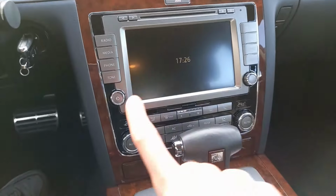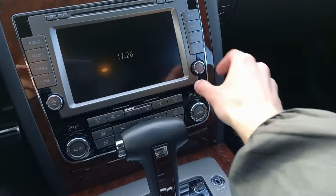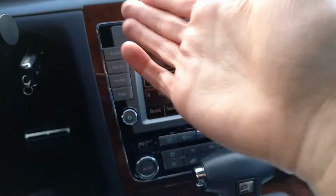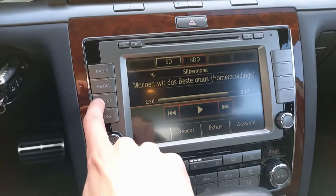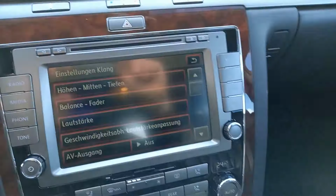Now we come to the infotainment system. This right here is the power button for it, which also doubles as the volume knob for the radio. You have the tuning knob right here. You go ahead and press that, then it turns on. You have all the various buttons on the side to lead you to different menus, like the radio menu, the media menu, to the phone, sound settings. You can view the map as well,